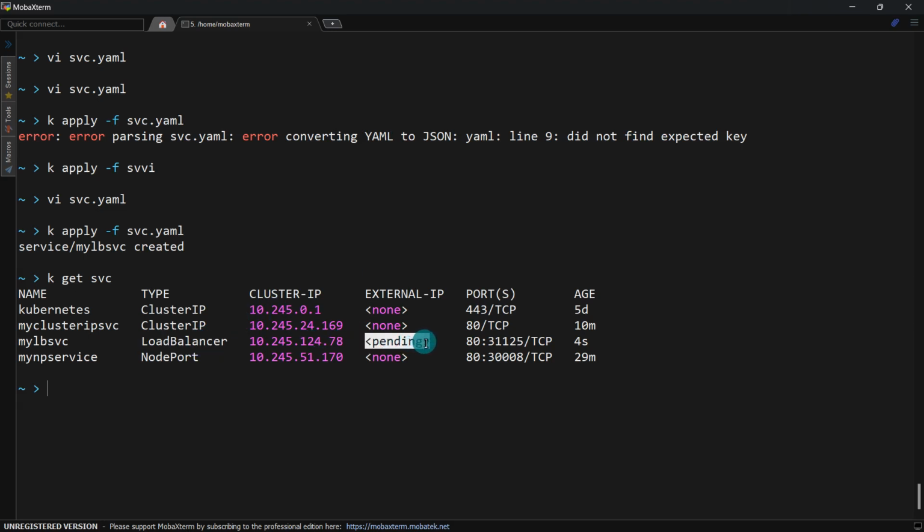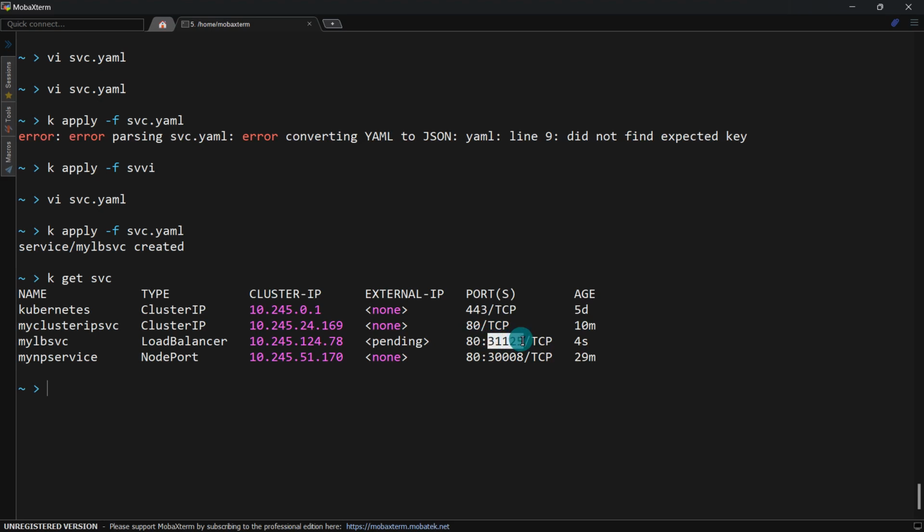So definitely we will get this IP address, and we will be able to access our pods with this IP address. Now we will not make use of the worker node IP address, we will make use of the IP address of the load balancer. Okay, and this will be the